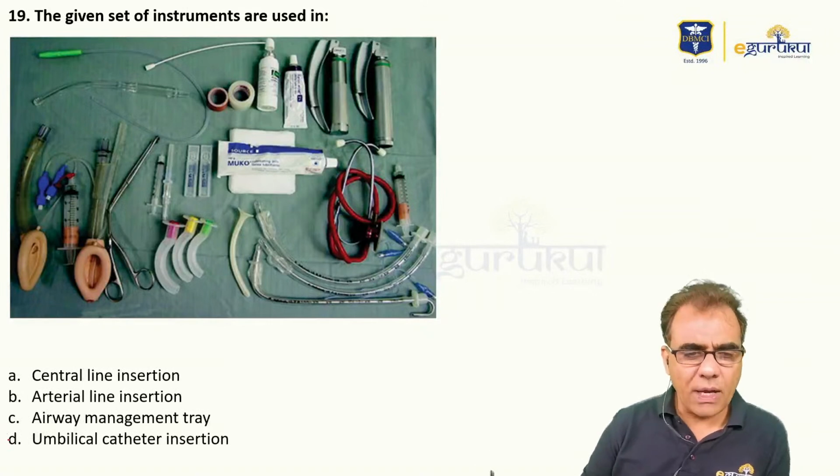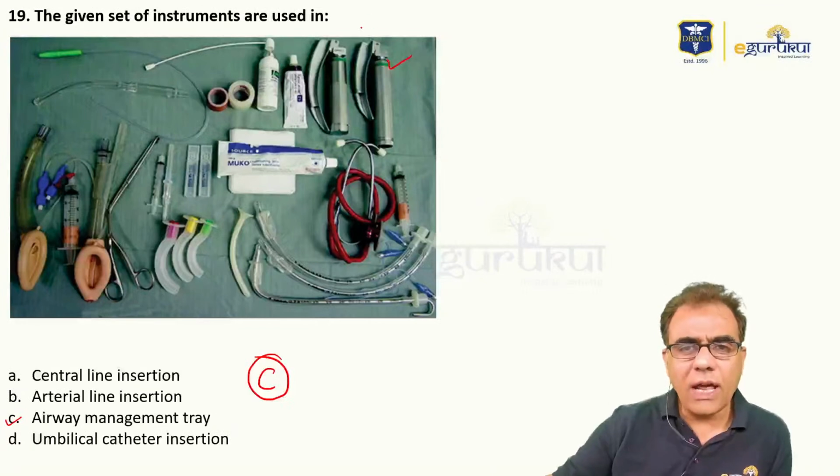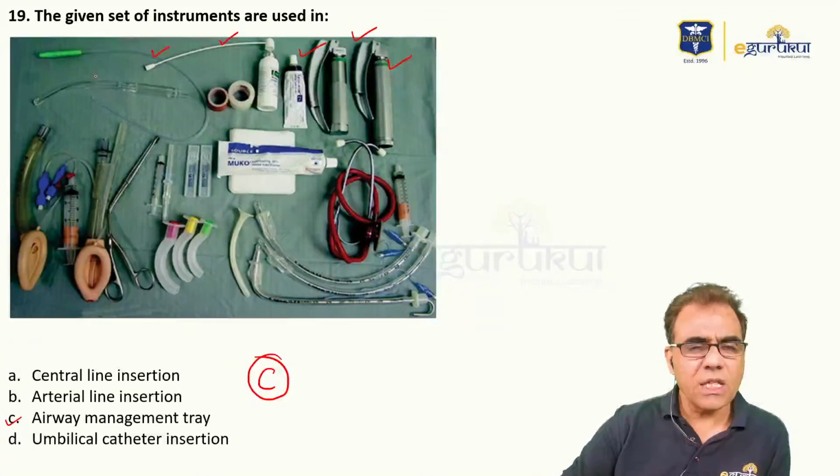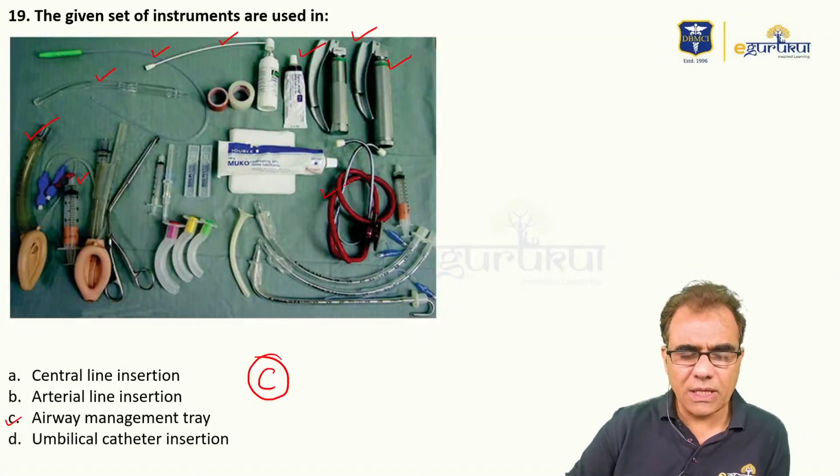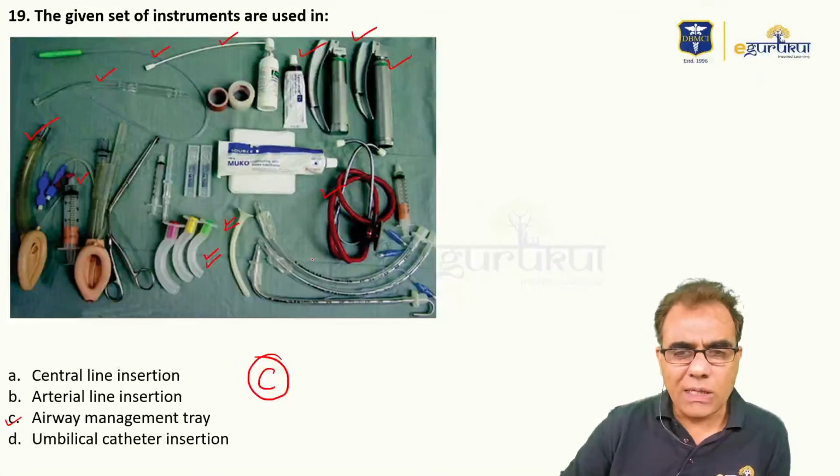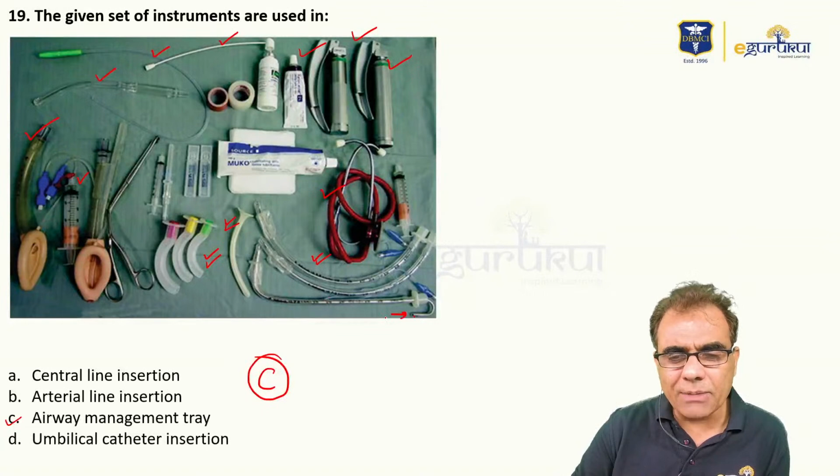So this is airway management tray, and you can clearly see what all these are: laryngoscopes, this is jelly, this is local spray, this is suction catheter, this is Yankauer catheter, this is laryngeal mask airway, and syringe to inflate the cuff of laryngeal mask airway, and this is again jelly, this is stethoscope, this is airway, Guedel's airway, and this is nasal airway, and this is endotracheal tube, and this is endotracheal tube with stylet in place, because sometimes